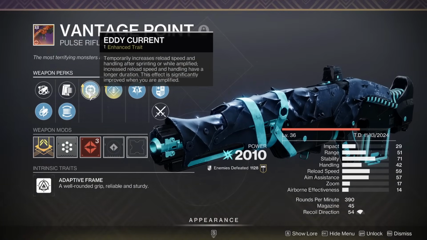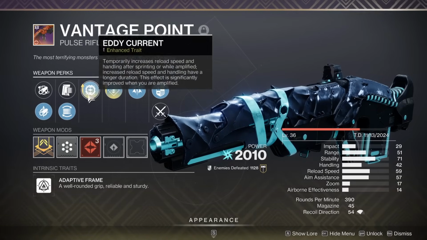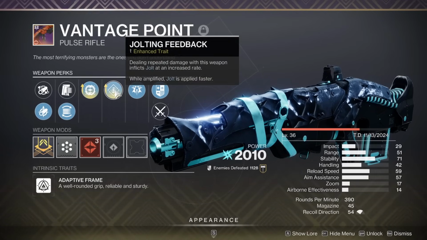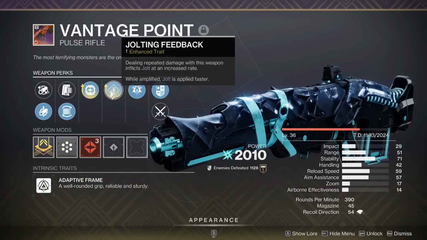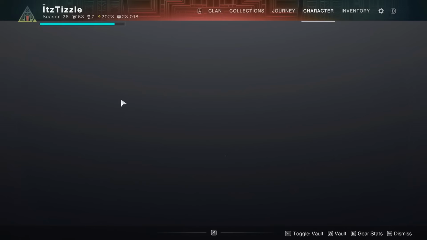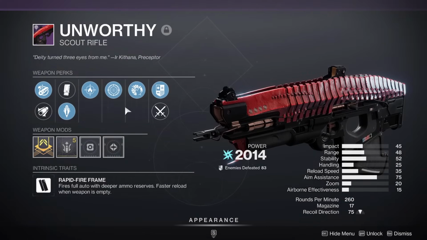Vantage Point, same thing. This is my Eddy Current roll. I have 1100 kills, but I do have a Deconstruct roll that I will probably use more. I do love Eddy Current as well, but either way, as long as you have Jolting Feedback, this thing is an absolute beast. Unworthy, I've talked about it in my recent...